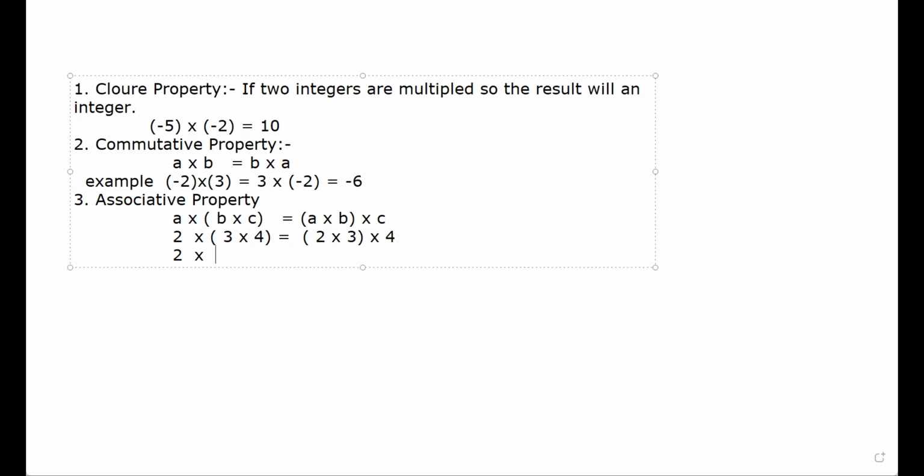So 3 into 4 will become 12, and after that we have to multiply 2 into 12. This will become 24. This is how we have to multiply the numbers. This is called associative property. In the same way,